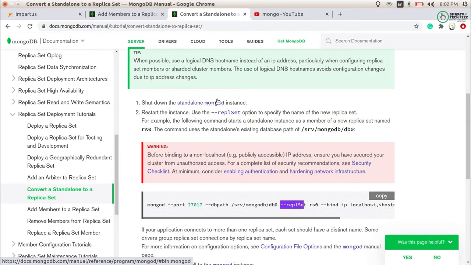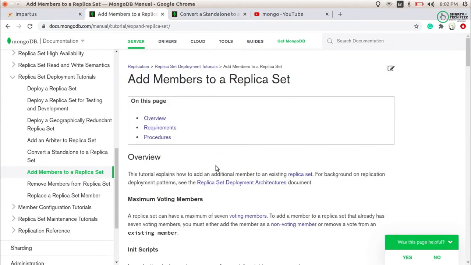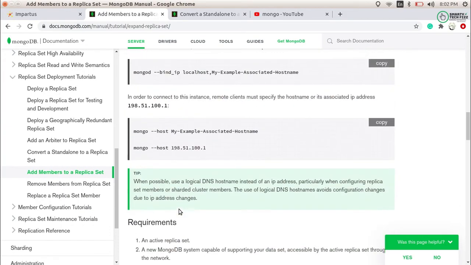So what will you do? Firstly, you need to convert that MongoDB server to a replica set member, and that MongoDB must have the same configuration as the existing MongoDB servers.